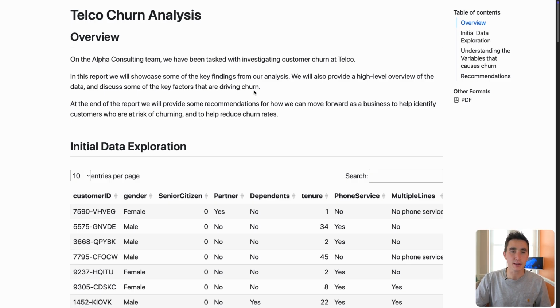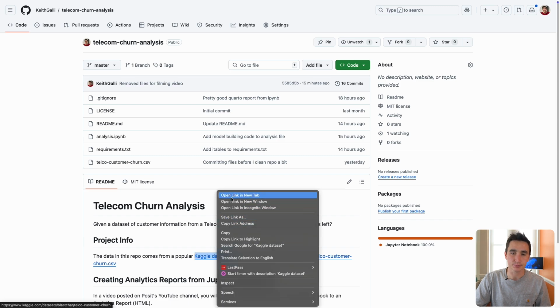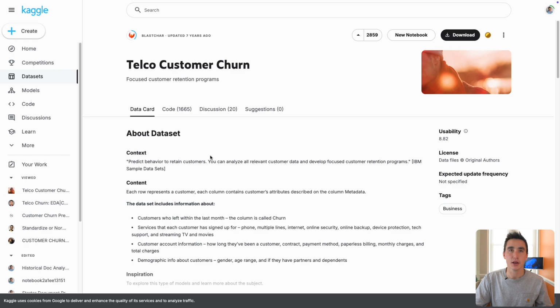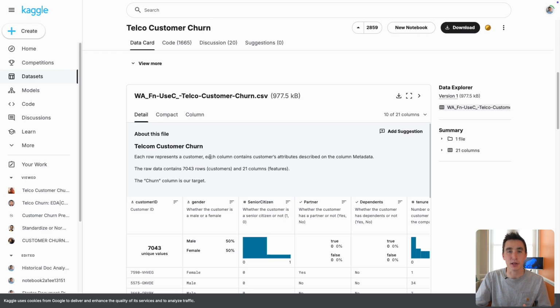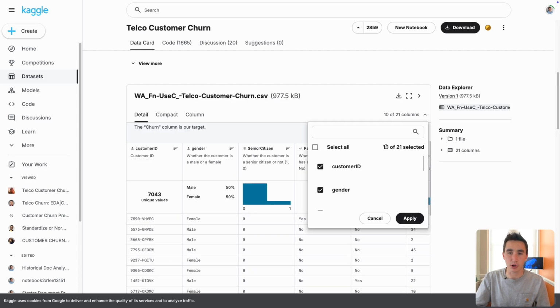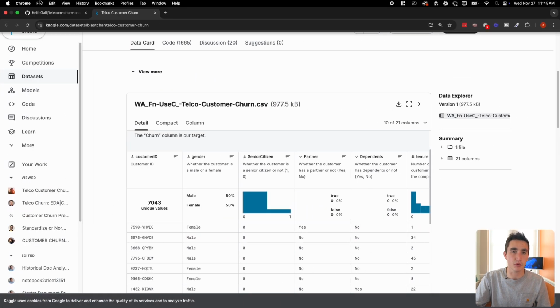So the data set that we'll be working off of in this video comes from this Kaggle data set. It is telecom customer churn data. So given a bunch of customers and information about the customers, like how much they're spending per month, how long they've been with the company, etc. Can we predict, or not even necessarily can we predict, but can we see why certain people are churning, meaning they're leaving our telecom company versus others are not? So this data is available on Kaggle. I think it originally came from IBM, but you can also access it via the GitHub repo that is linked